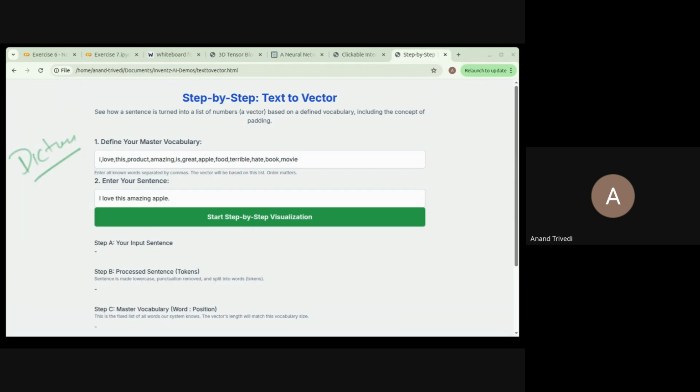As of now, for demonstration, I just have limited words in this dictionary. And then this is my sentence here. Now, I'll go with the next step, that is start step by step visualization. Now, as I've gone ahead,